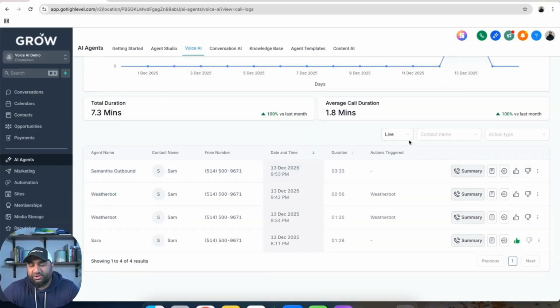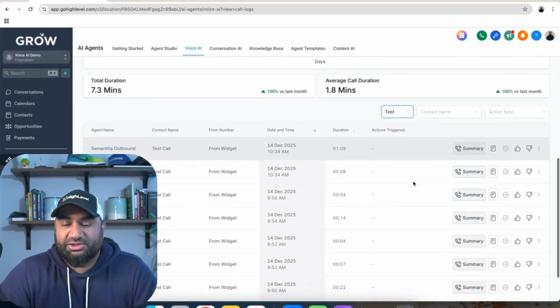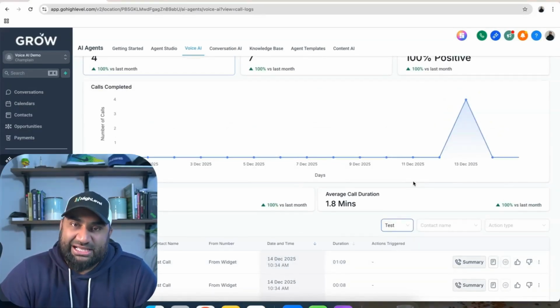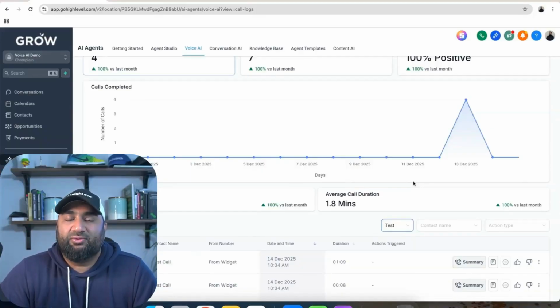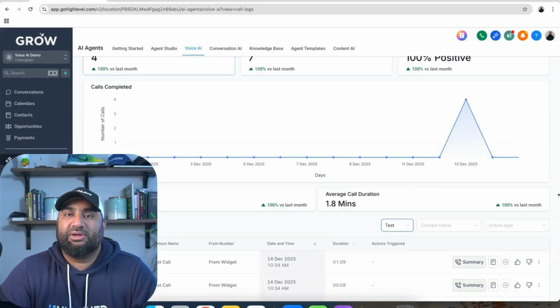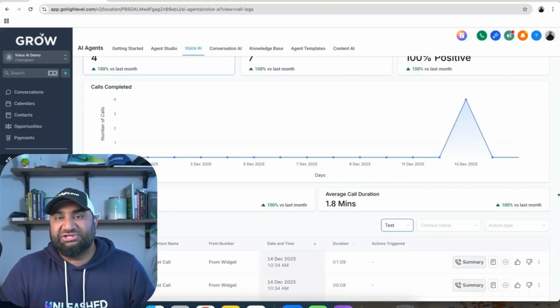Another thing that you also want to do is do your own test calls constantly to ensure that it's working the way you anticipate it to work. After the first month, there'll be less and less fine tuning. And then if you're working with a specific niche, then you'll find out what type of questions you have. And then you can build up a master knowledge base that will cover these type of questions in general for